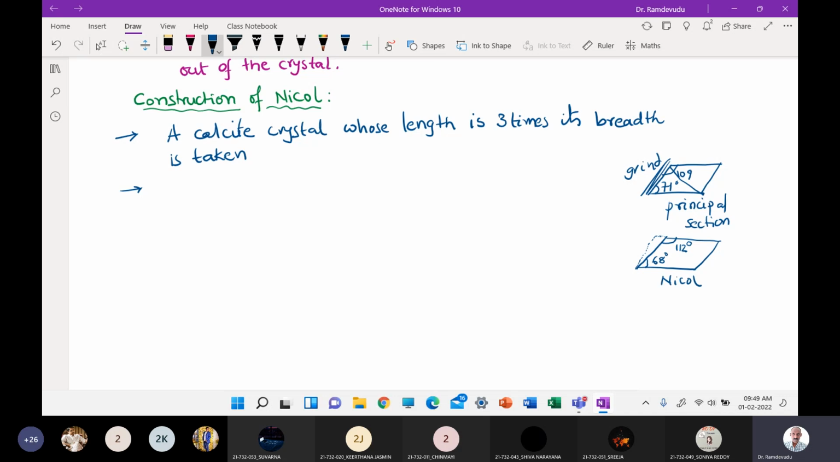We have to change this one. Therefore, we have to say that the crystal should be ground. We have to grind it, or polish it, or file it. You take a file and grind it. Crystal is ground. I'll write it here. Crystal is ground